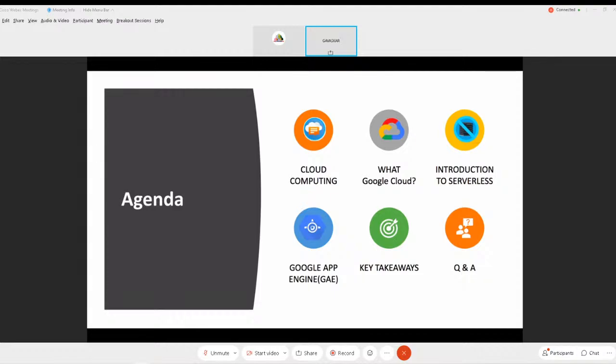Let us see about Google App Engine. It is an implementation of the serverless concept. We are going to implement serverless by using Google App Engine. Then finally, we are going to have the